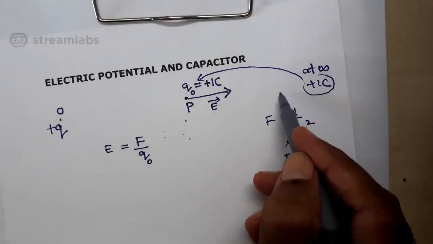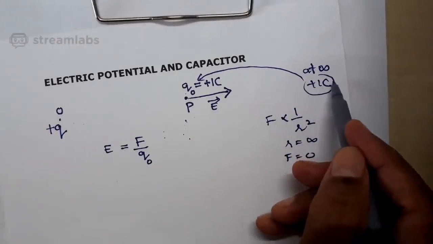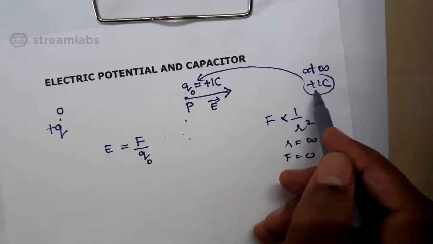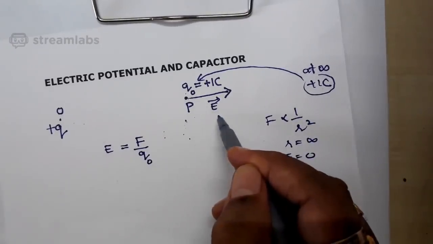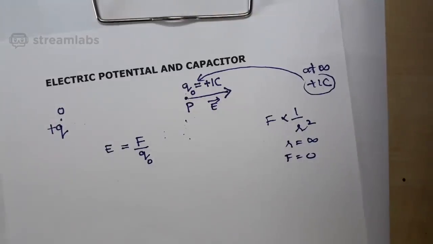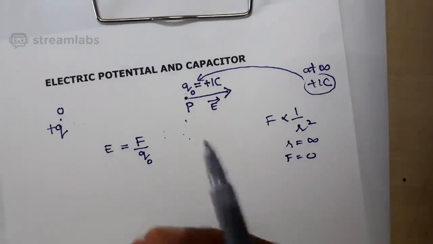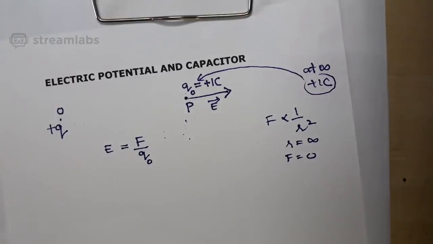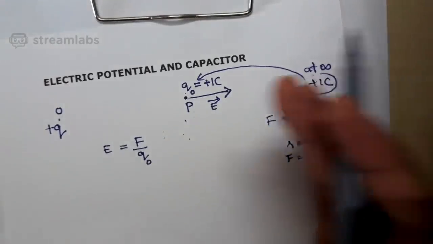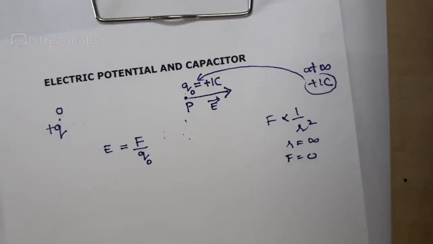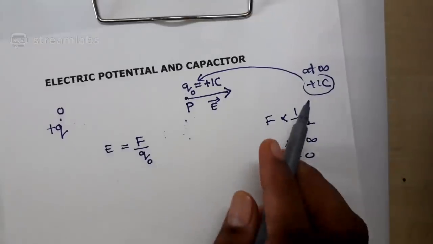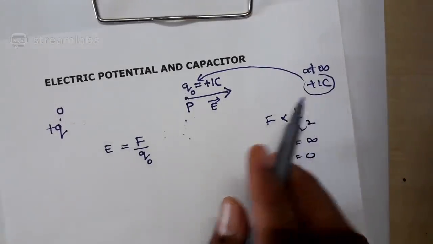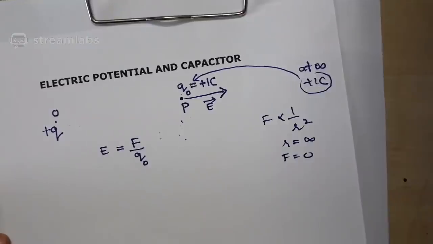When that electrostatic force of repulsion increases, still I have to move a plus 1 coulomb charge from infinity to point P against that electrostatic force, or against that electric field. That means I should apply a force which should balance the electrostatic force of repulsion. I am applying the force in a direction opposite to the electrostatic force of repulsion, which gives a clear indication that there is some work done in moving a plus 1 coulomb charge from infinity to a point P against the electric field.